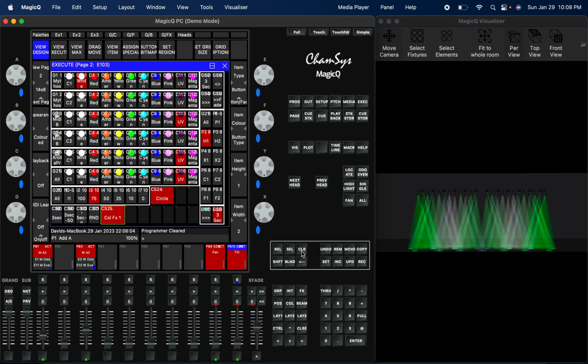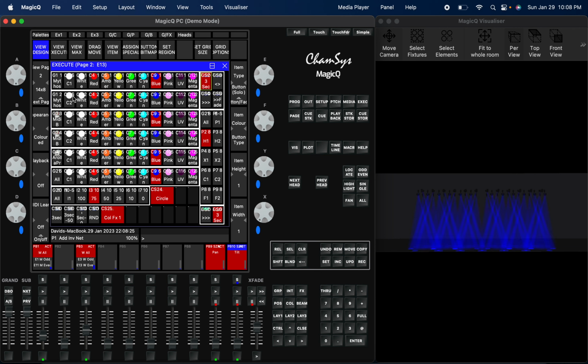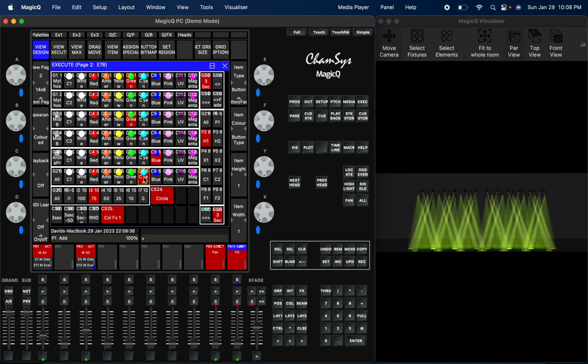Let's make sure there's nothing in our programmer. So we select our color effect 1. Let's take all our color to blue. Select our color effect number 1. Okay, so what's going to happen right now is finally we get to utilize our C2. So you see our C1 is carrying all our main color, correct? Correct, teacher. Okay, cool. So because we utilized our created palettes C1 and C2, what will happen is in a